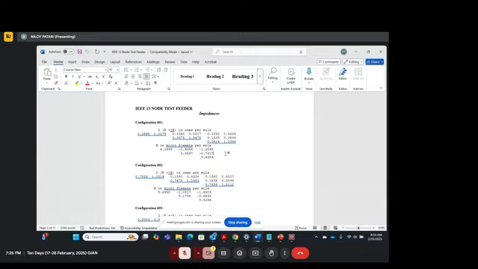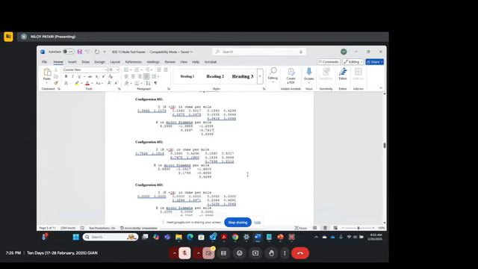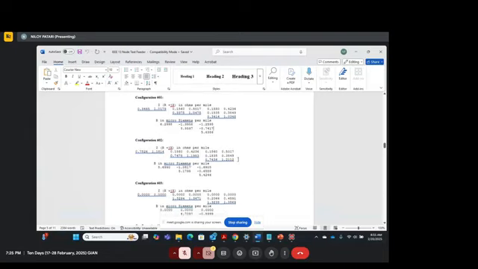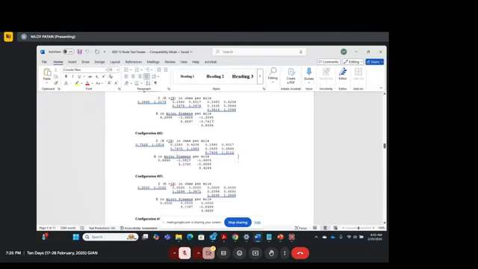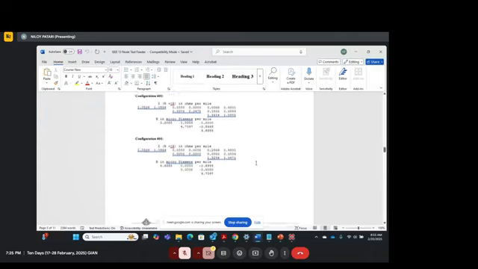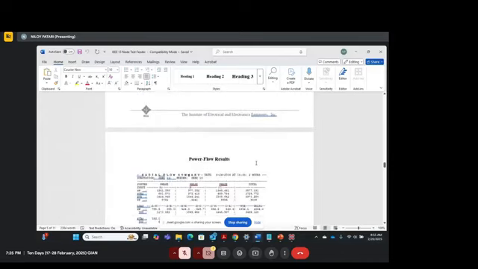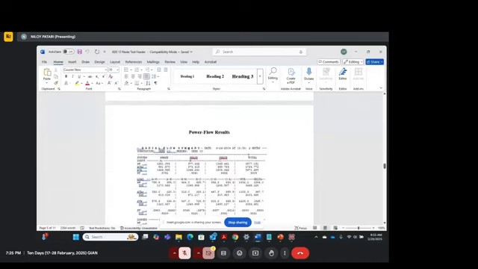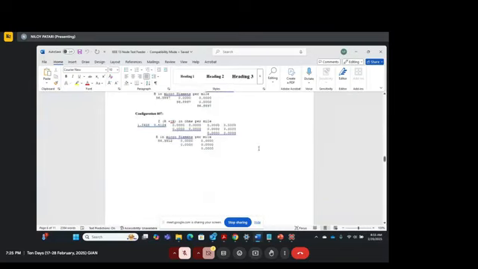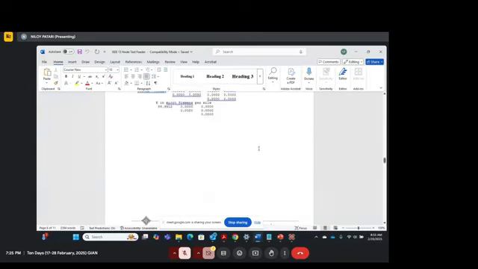So you take the Z values, which are the R and X values. Each of these line configurations will have those R and X values, right? So you just take these R and X values and multiply them with the line length, and you'll get the R and X value between two nodes, right? And then you have the power flow results. Once you put down all this configuration, like how each of the nodes is connected, then you'll get this